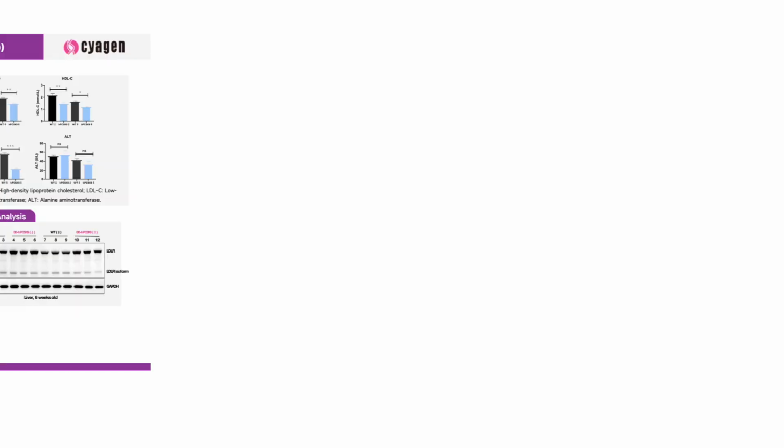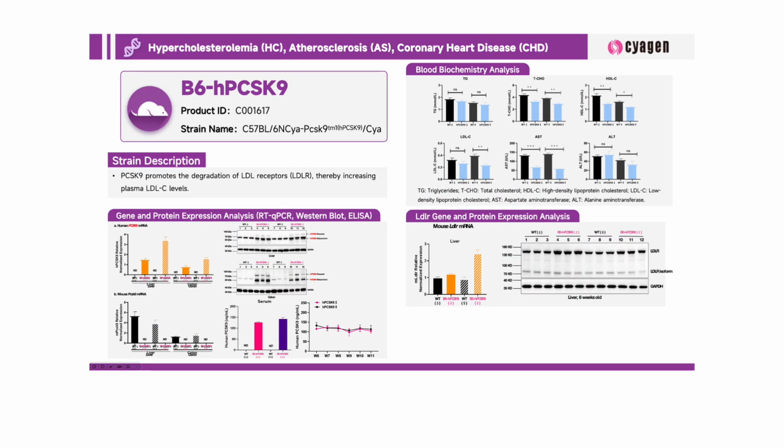And so there's an approved drug right now on the market using siRNA to target the 3' UTR of PCSK9. That's the reason why we don't only humanize the CDS, but also include the 3' UTR in our humanized model as well. So we have the HUGO PCSK9. Exactly. And another example is the